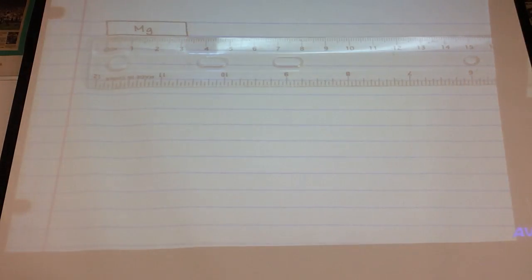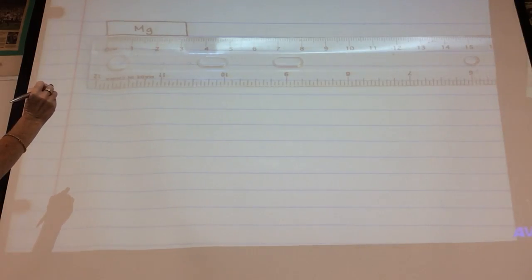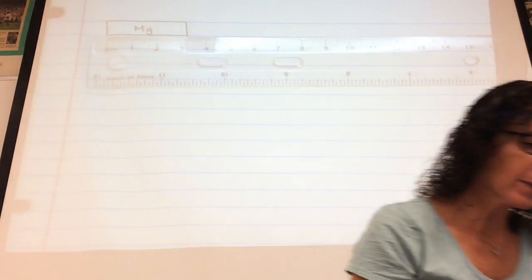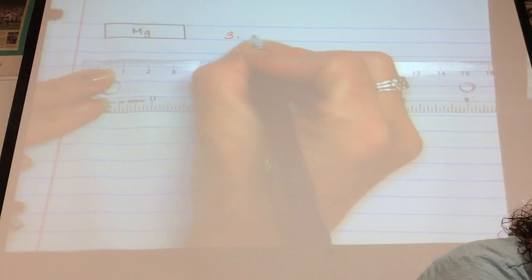So when I make my measurement, I can read the 3.2, and now I need to guesstimate that last digit. And it looks like it's just over this line, so I'm going to guesstimate this at 3.21